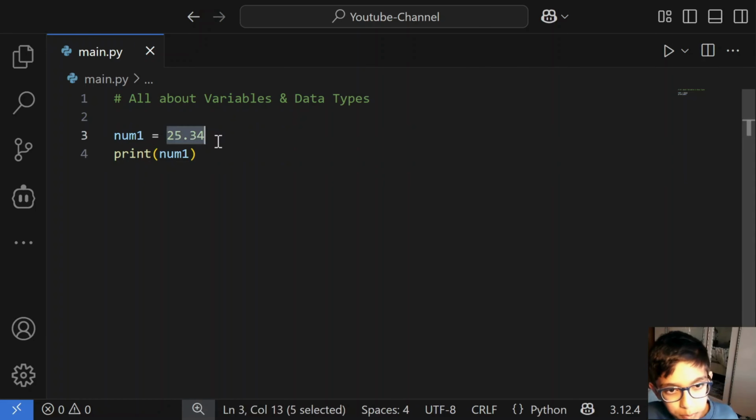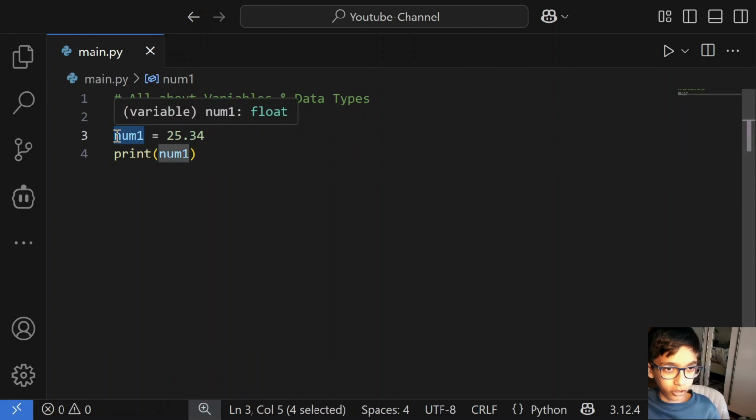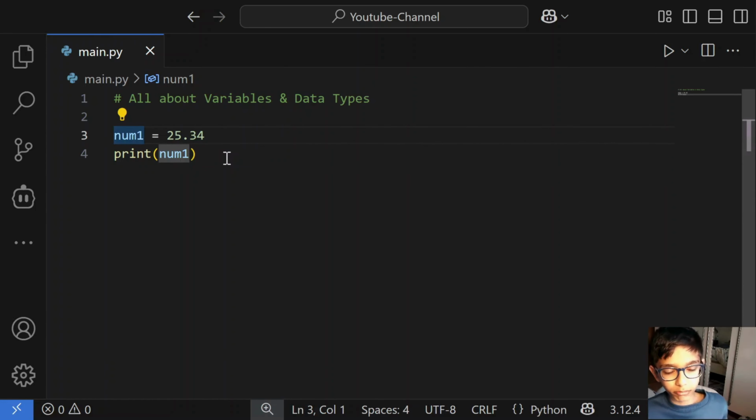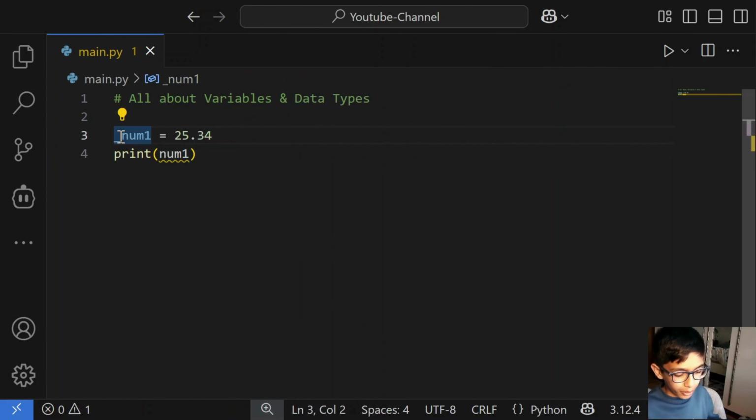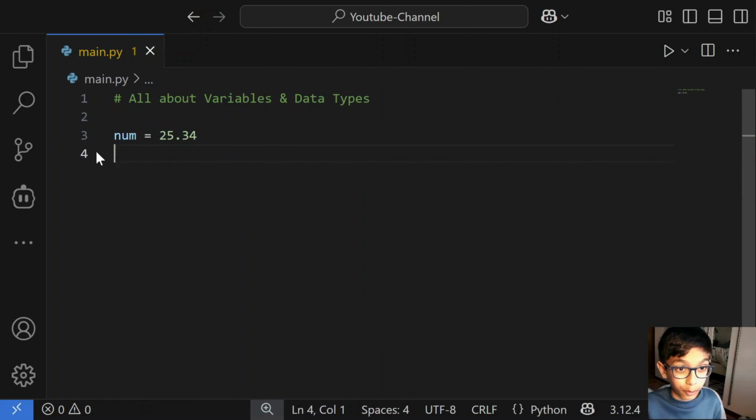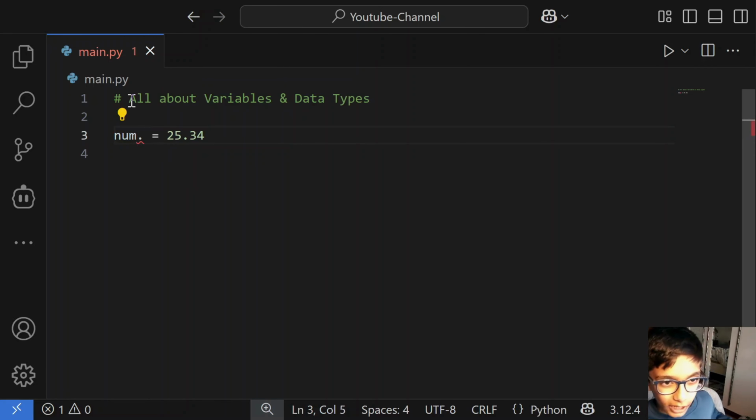We've looked at this part. Let's just look a little closer in here. There are some rules when it comes to naming variables. You can use an underscore, but you cannot start with a number. If I tried to do, instead of num1, 1num, that would not work. Variables can't have dots in them either, as far as I know. Yeah, dots aren't allowed. Underscores are, dashes aren't,